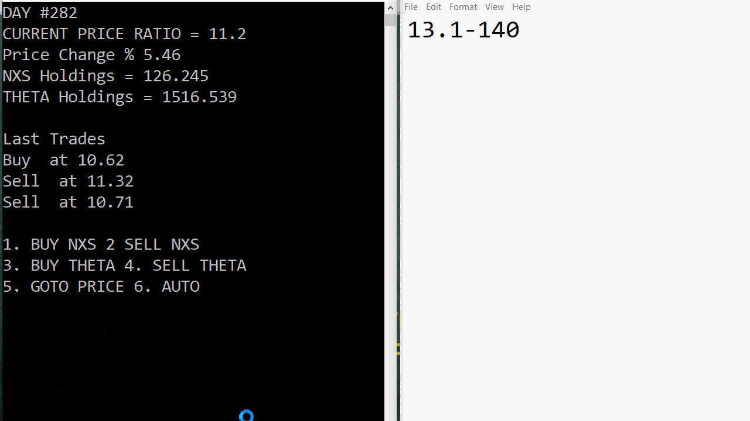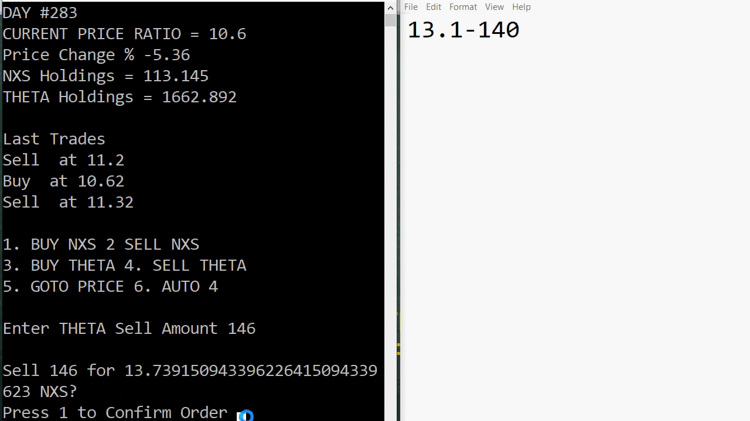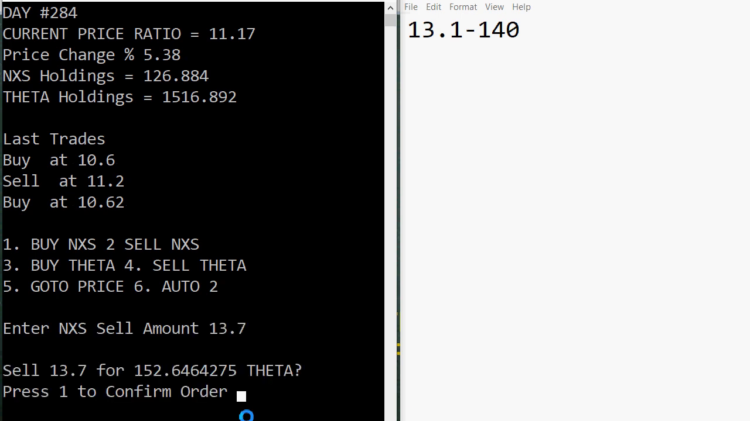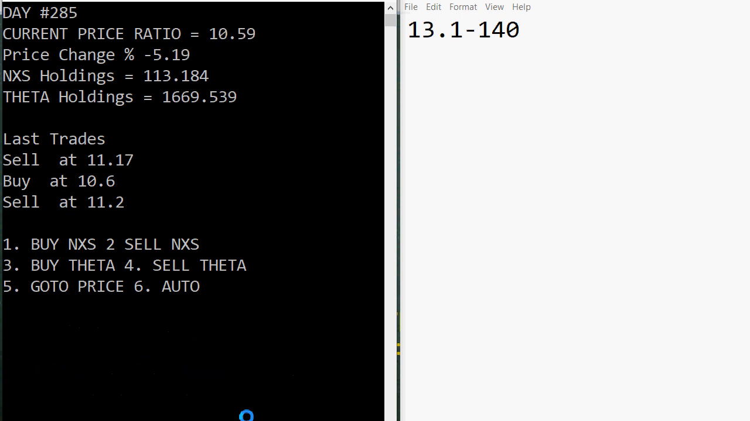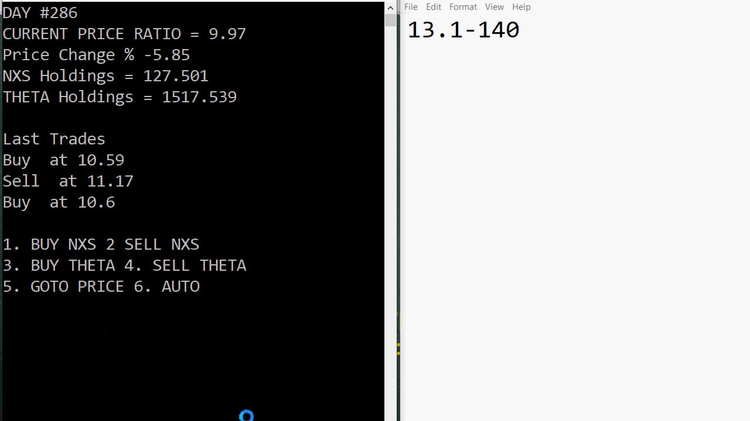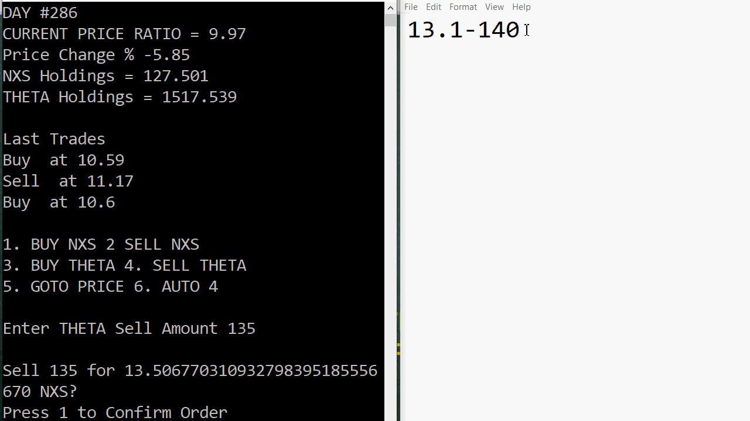And of course, in this spot, I'd be selling. And I know I said I'd stop it here, but 146. So we'll just play this chain till it's done. 146 to 13.7. 13.7 to 152. 152 to 14.3, and that's it. So I could just start a new chain just for something to do. Well, just because I do like 135 again,